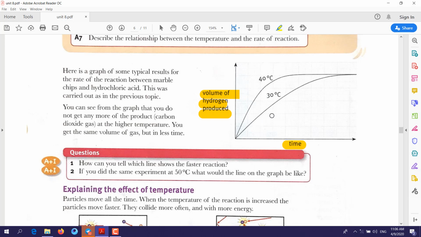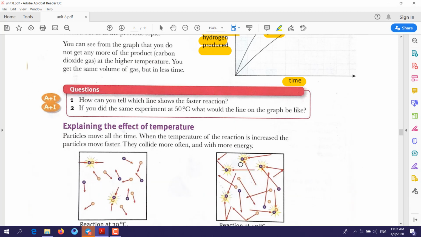Here the temperature was 30, and here the temperature was 40. If you compare these two lines, you will see that when the temperature was 40, the line was steeper. So that means the chemical reaction here is faster. Okay, now